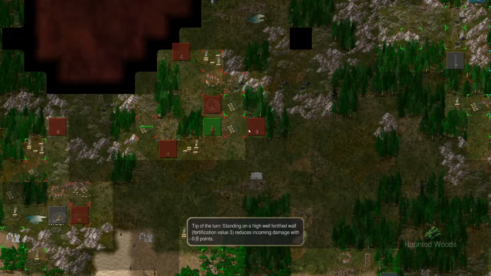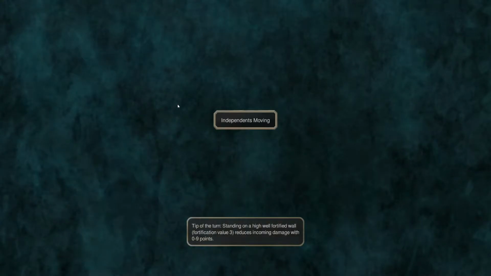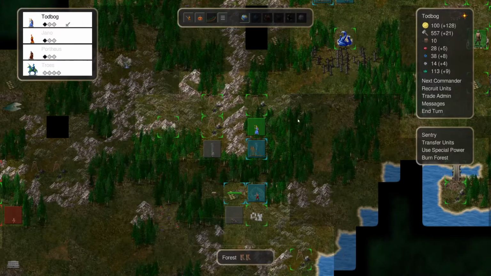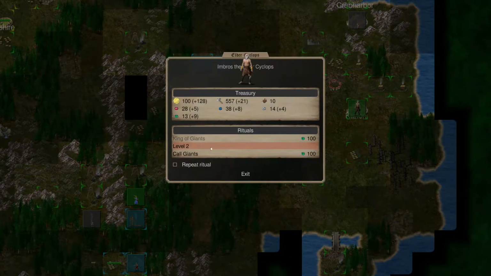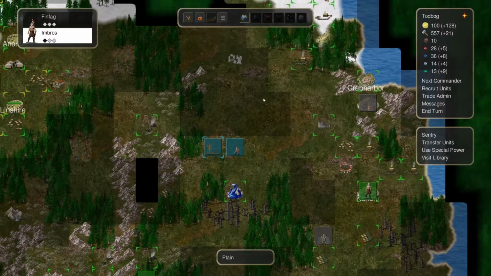Okay. Jeez, look at all the little bastards. Multiplying like crazy. Alright, looks like he's got a bug out. That's fine. Yeah, you're going to take over your little area here. Just for now. Alright, so let's go crown ourselves a new king. Use special powers. King of the Giants. So he can only call giants. Okay. That's not as cool as calling winter wolves, but...